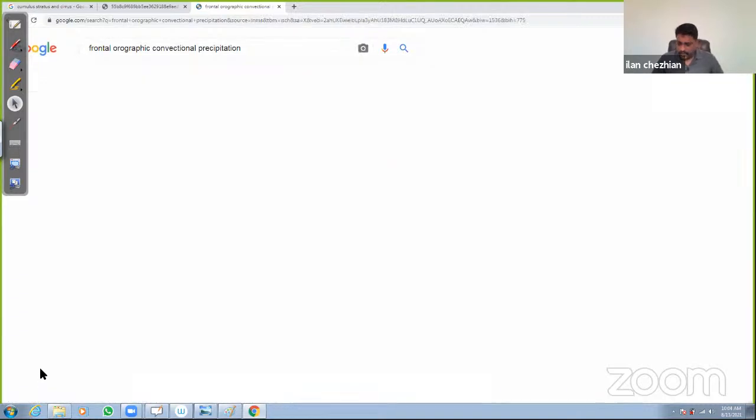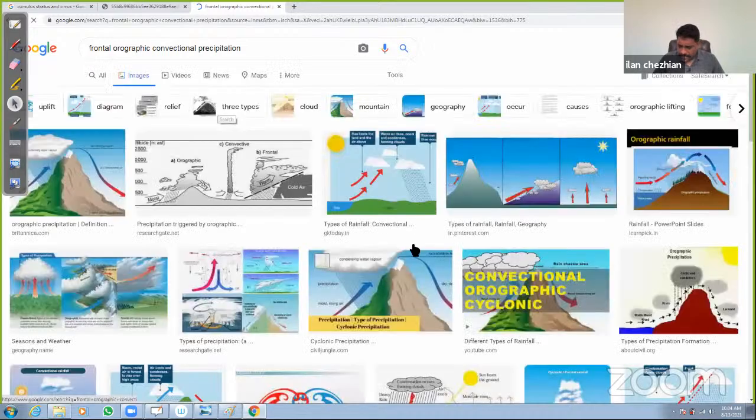Right, these are the 3 major types of precipitation. You also have cyclonic precipitation and others, right? But I'm not going into details. I'm only taking these basic 3: orographic precipitation, frontal precipitation,